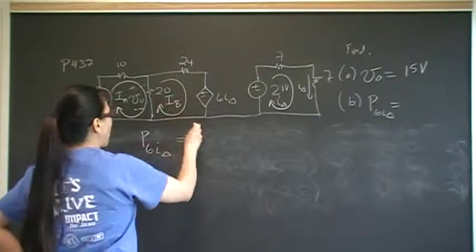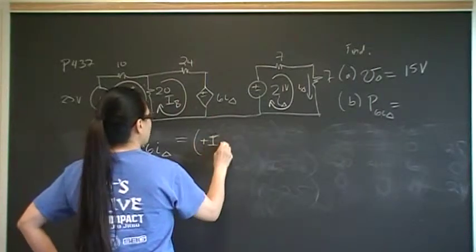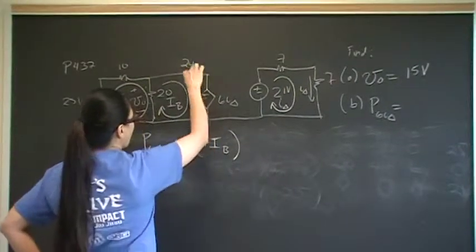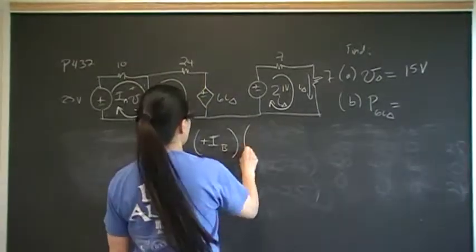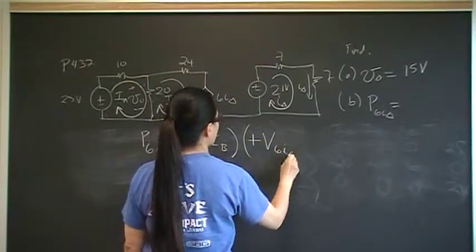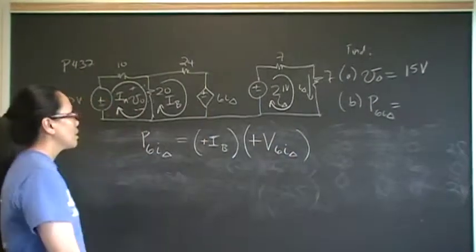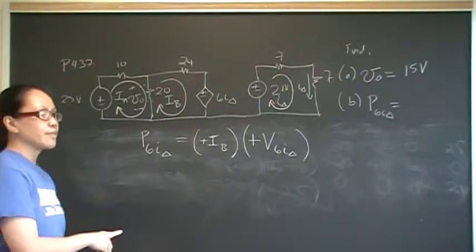So I've got positive IB. That's the only current going through that. Positive current going in, and the first terminal that it enters is a positive, so it's going to be positive V of 6I delta. Okay? So the sign from the voltage comes from where positive current enters